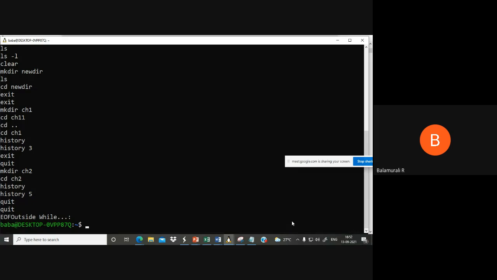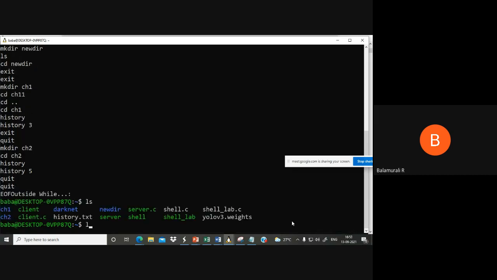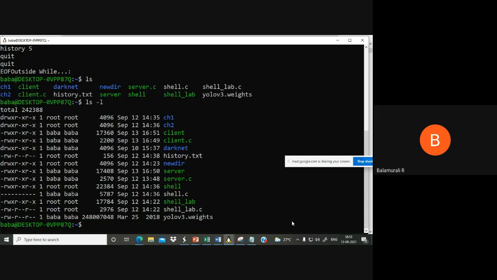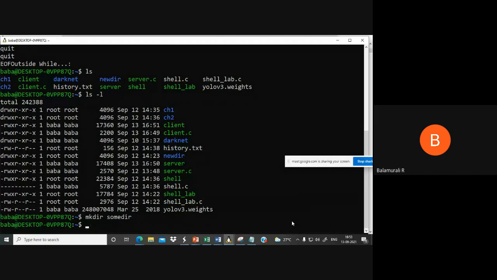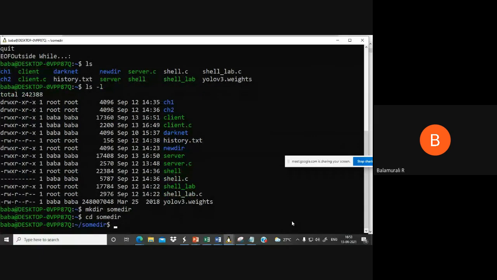In a Linux terminal, we can execute several commands like ls -l. We can create a directory. To create a directory, mkdir some directory. Now this will create a directory with the name some directory. Then I can change to that particular directory. Like that, Linux supports hundreds of commands, right? You are going to create a shell environment where we'll be able to execute at least some 6-7 commands,